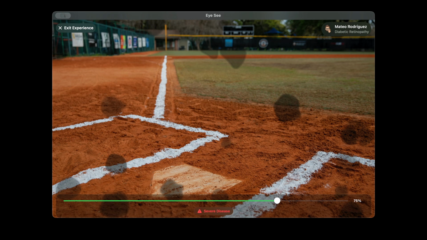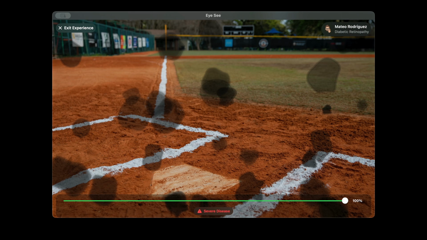Yeah, so this baseball player is actually experiencing a disease called diabetic retinopathy. These educational storylines are all about understanding how eye conditions shape people's lives. So, the live camera experience is great for seeing your world and how it would feel through an eye condition. But then these stories let you understand how it would affect a baseball player, for example. And as you mentioned, you can adjust the intensity of the eye condition in the app.